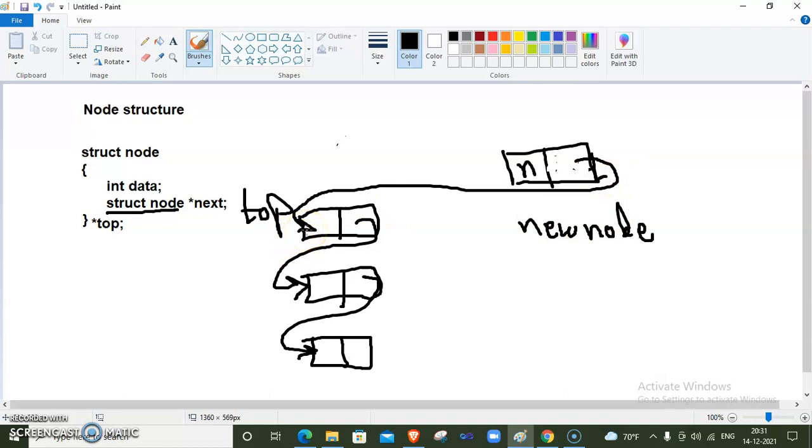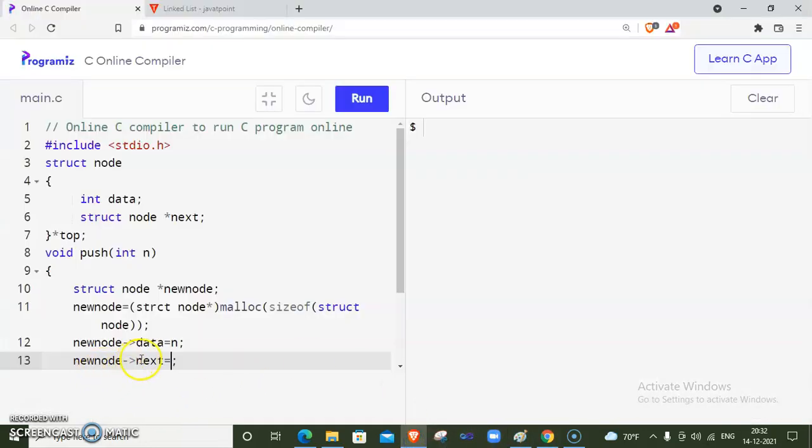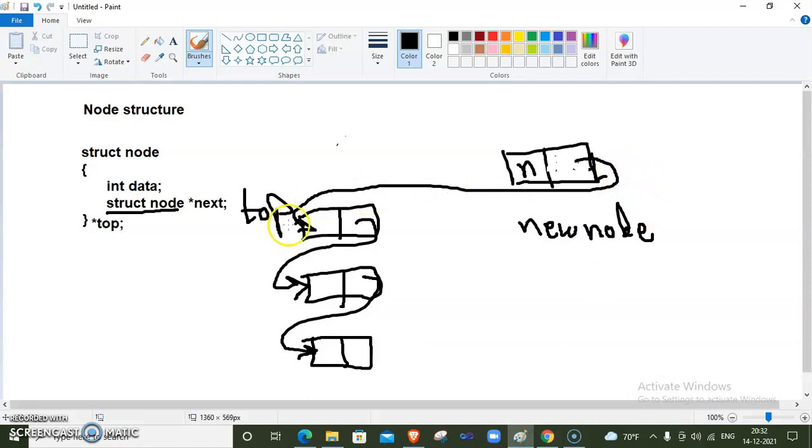So how can we write the statement? The next of newnode is equal to the current top. So write down this statement first: the next part of newnode is equal to the current top. Now the link is adjusted like this. Now the current top is here.